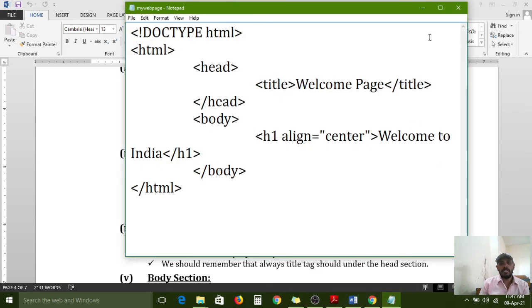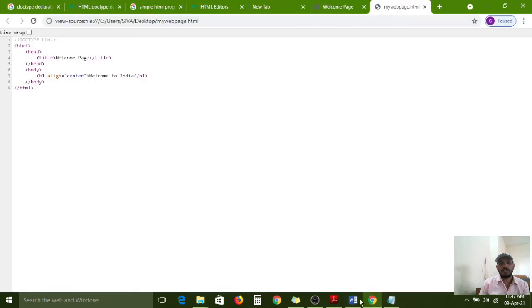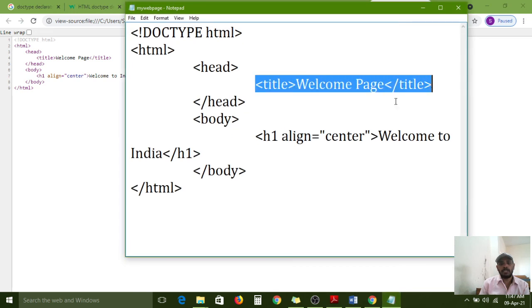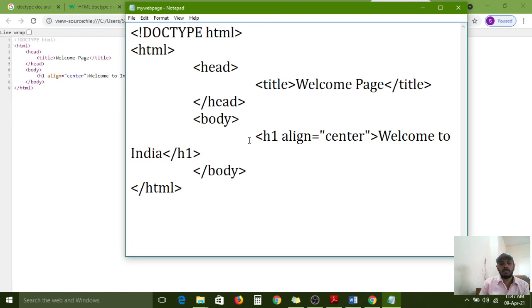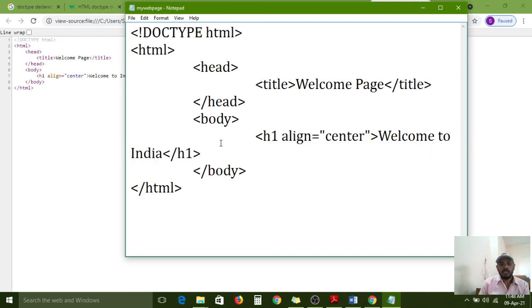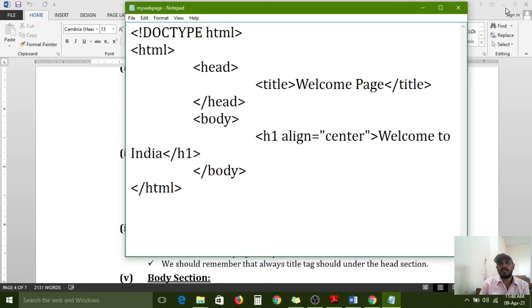Except for the title of the page, the remaining things are hidden. But everything in the body section will be presented on the screen without tags. If you use opening tags and closing tags with angular brackets, it is called a markup language.